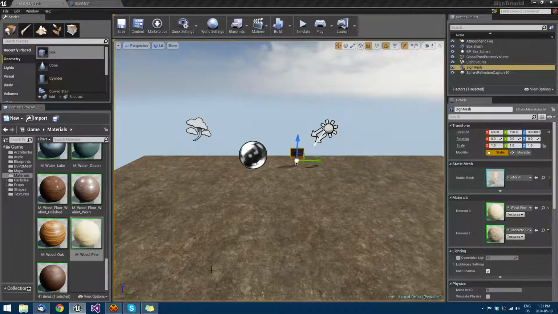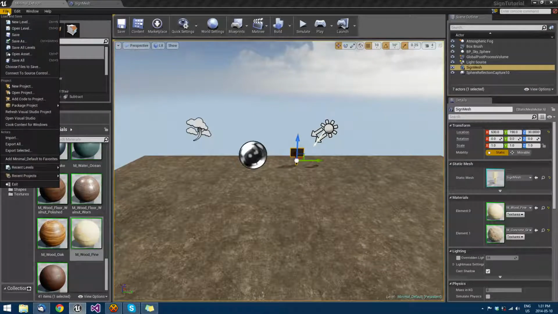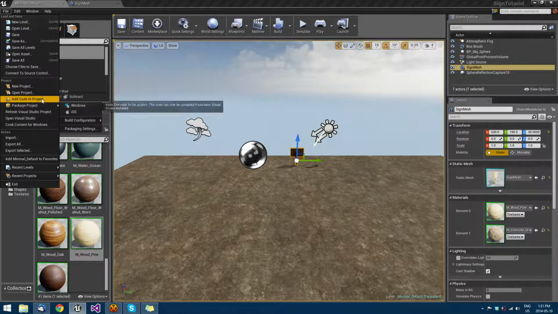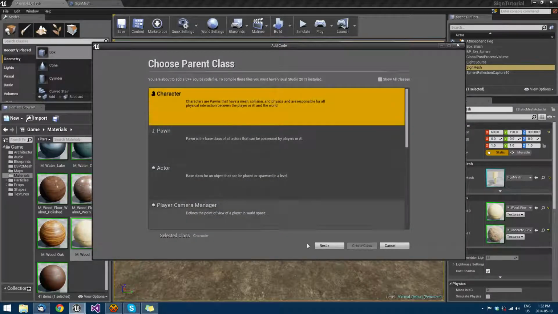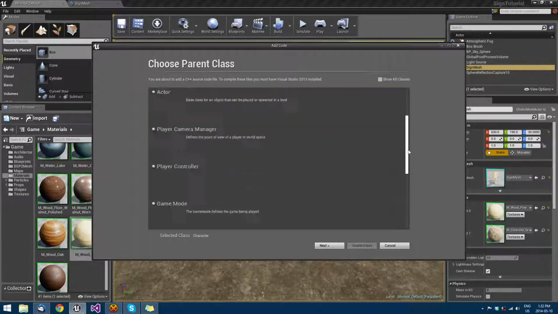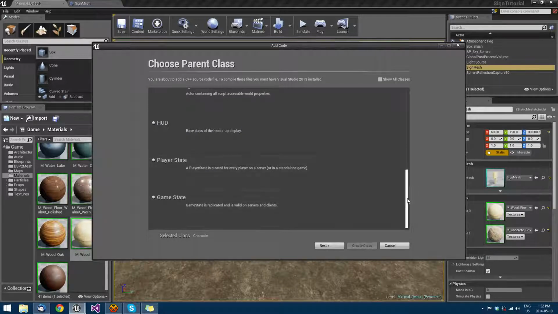We'll create a blueprint from it so that we can give it a class that it will pull actions from and stuff like that. But actually, you know what, let's give ourselves the ability to interact with this sign. We'll make ourselves a character class. Actually, we'll make ourselves a game mode class first,